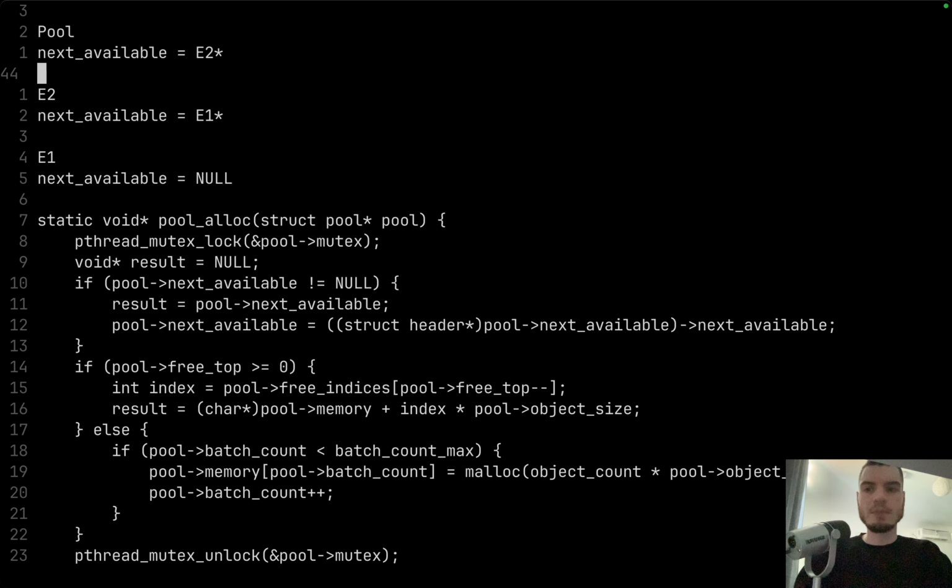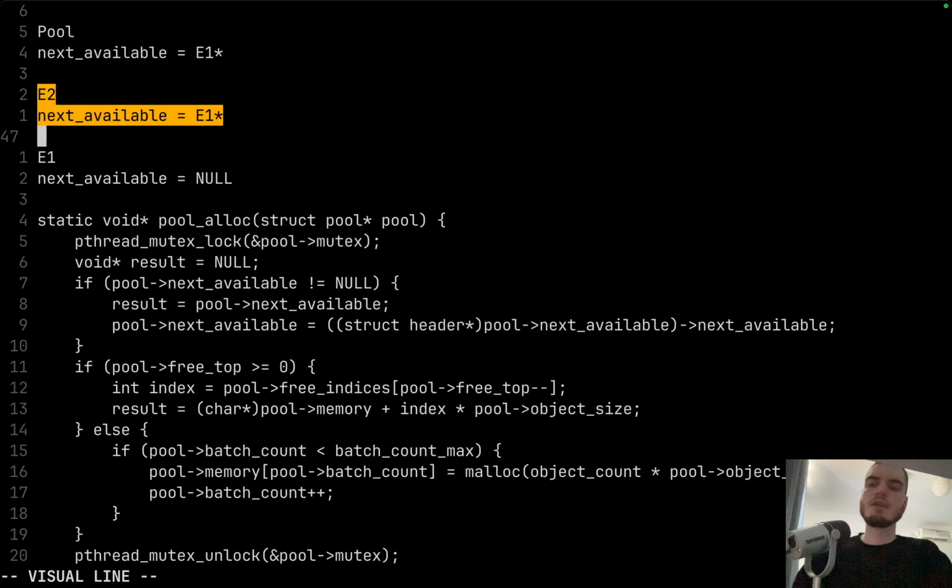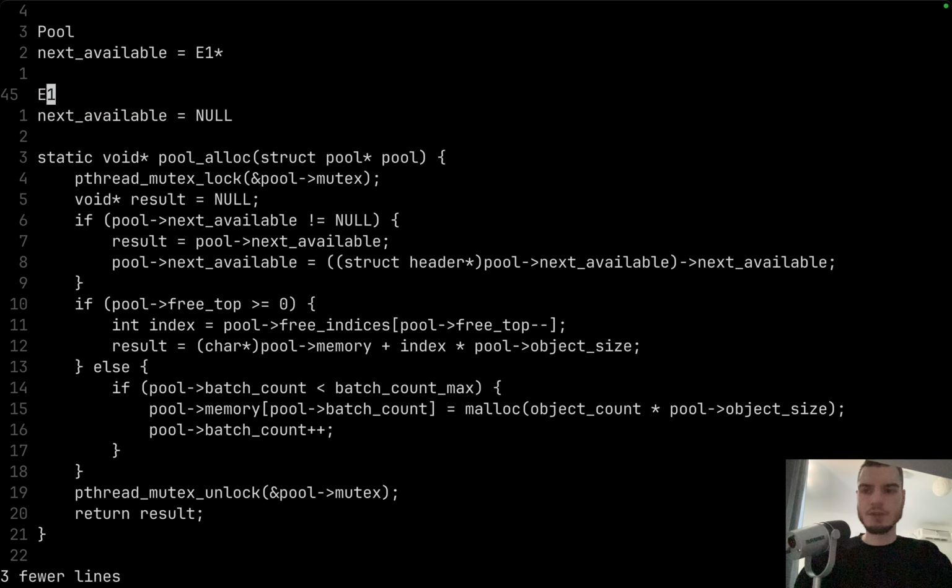And now the next time someone calls pool alloc, we will return a pointer to E2, because that's what our pool's next available pointer is set to. We're going to set this value to E1, transfer ownership to this object, and so on, until we've reached the point where we read next available from E1,